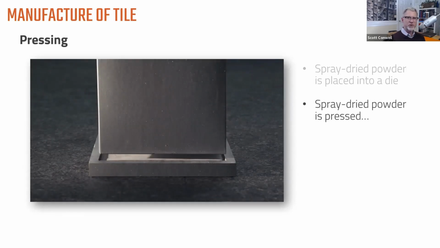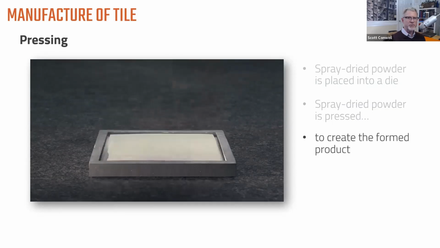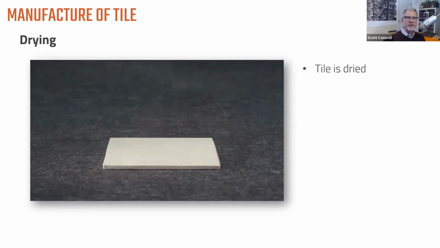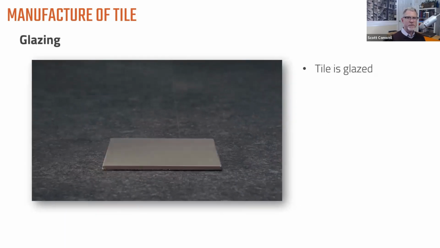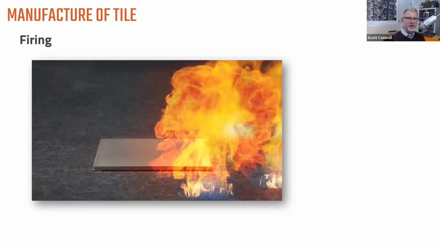Quarry tile is manufactured with an extrusion process, but pressed tile, including porcelain tile, is made with a pressing process. So that powder is pressed to create the final formed product, and that tile goes through a drying process. If there is a glaze to be applied, that's the next part of the process. And then really the final stage is firing it, which is the most impactful process of the whole